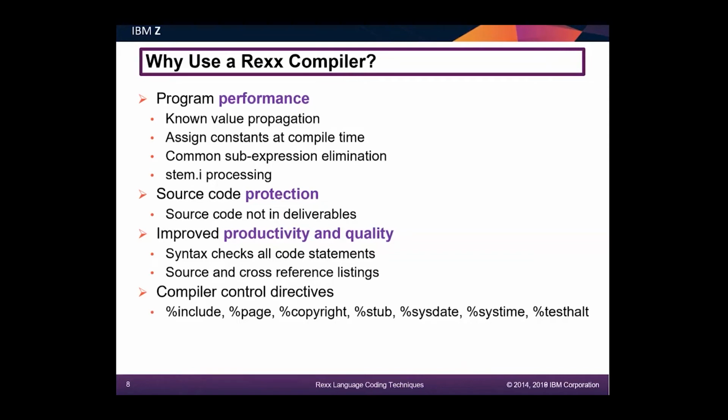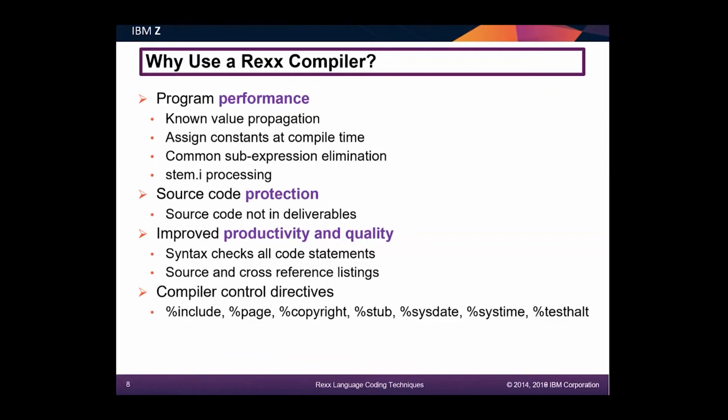And the other reason for anyone using Rexx who might want to compile code is because when you're using the interpreter, remember what I said is the code is executed line by line. What that means is there is no syntax checking until the code is executed. So if you have a syntax error in a line of code somewhere in your program, and maybe it's in a branch of the code that is not executed very often or is a difficult error situation to create, you will never execute that code with the interpreter and discover that syntax error until you find the situation where the